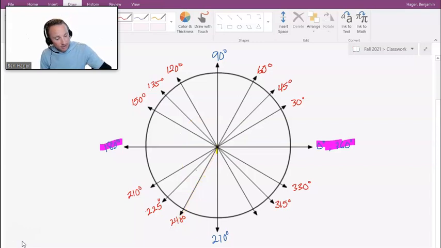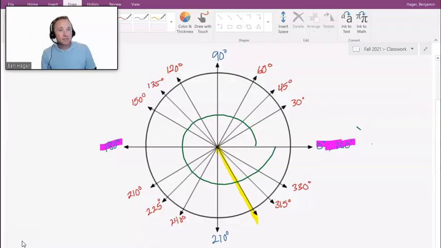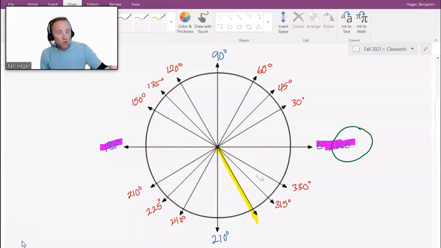And lastly, let's get this angle. Go to the nearest anchor point, which would be all the way around the circle at 360. I overshot my target. I need to scoop back by 60 degrees. So if I go to 360 and then come back 60 degrees, that puts this right at 300 degrees. So there are all the common angles for our unit circle in degree measurement.